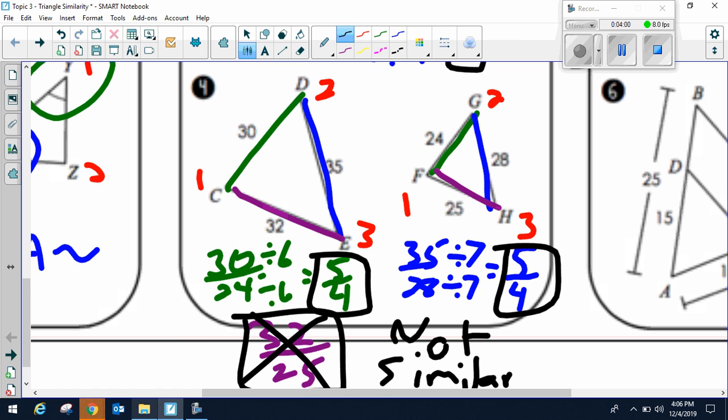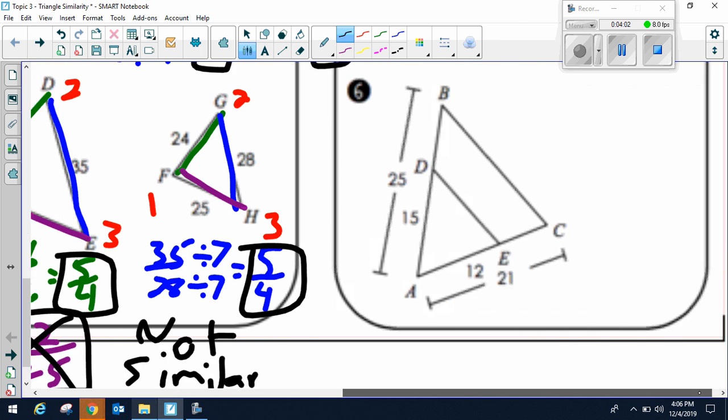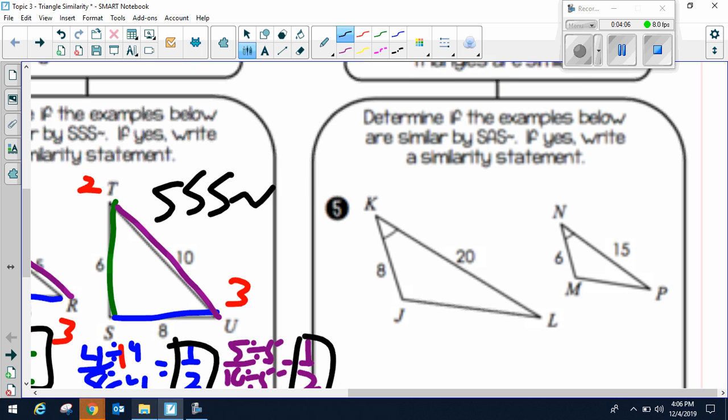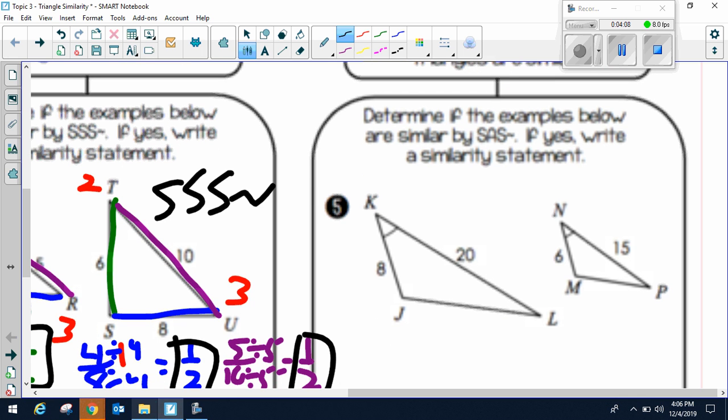Okay. The last one is a combination of the first two. It's side, angle, side. So that means two sides have to be proportional, and the angle in between them has to be congruent. So again, if I go alphabetical, J is 1, K is 2, L is 3, M is 1, N is 2, P is 3, alphabetical order. Okay, so let's compare the sides again. So you got 8 over 6. I always do sides first